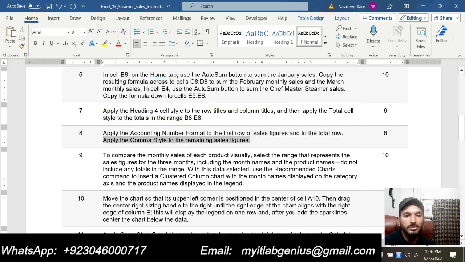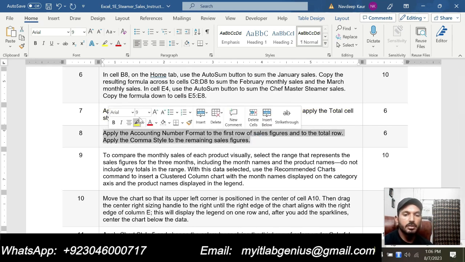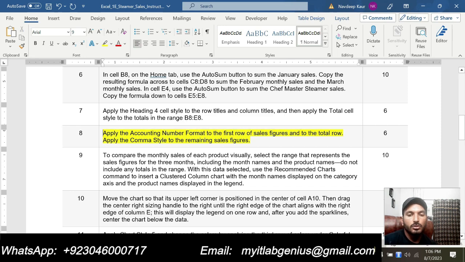Now we will solve the next step, that is step number 8. So in step number 8 it is saying to apply the counting number format to the first row of the sales figure and to the total row.